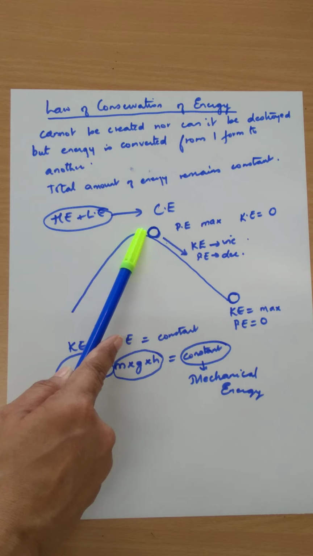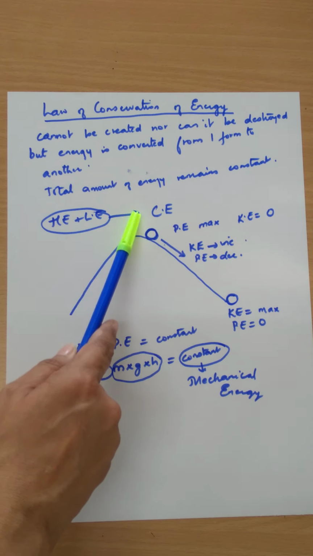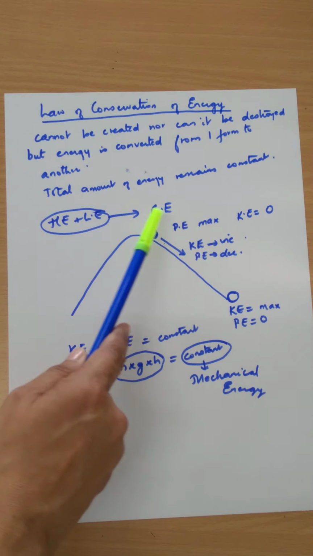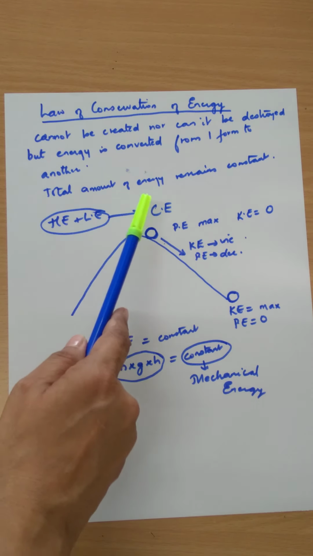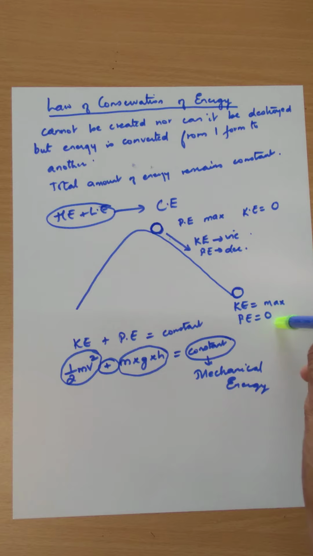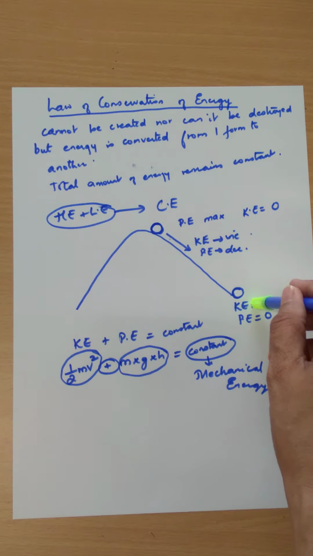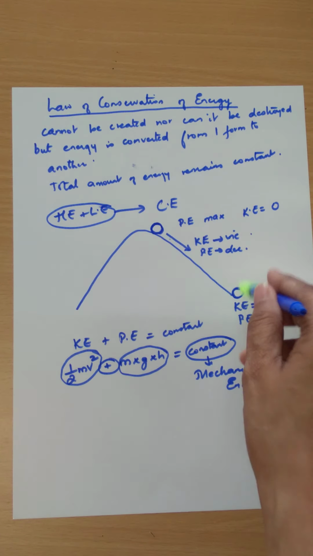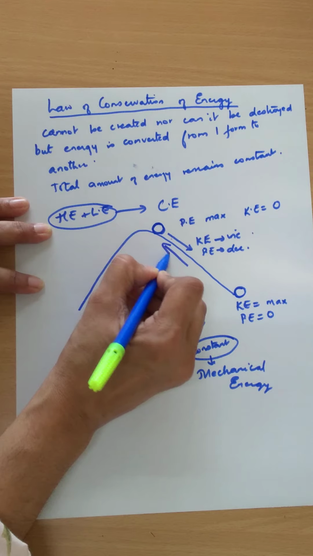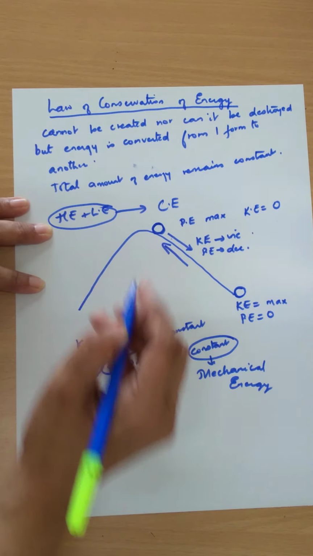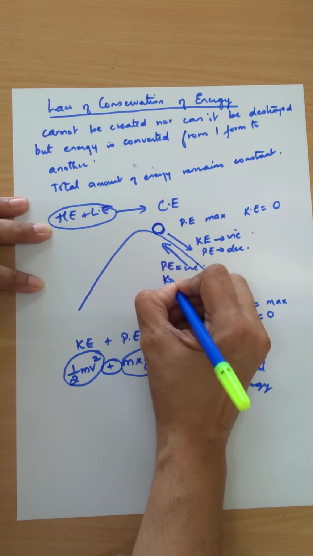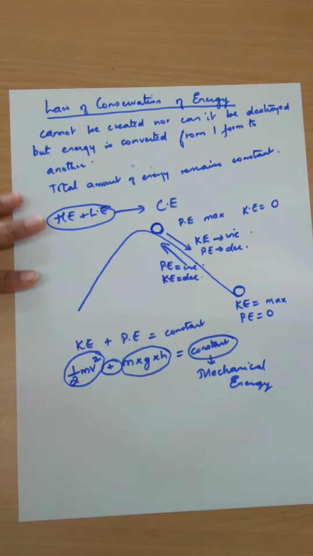So at the top here, potential energy is maximum, and right down here, potential energy is 0. At the top, it's not moving, so kinetic energy is 0. At the bottom, when it just touches, kinetic energy is maximum. When it is going down, kinetic energy increases because the speed is increasing, potential energy decreases. And if you consider the opposite situation, when it is going up, as its position goes on increasing, the potential energy will increase and kinetic energy will decrease. Its speed decreases as it's going up.